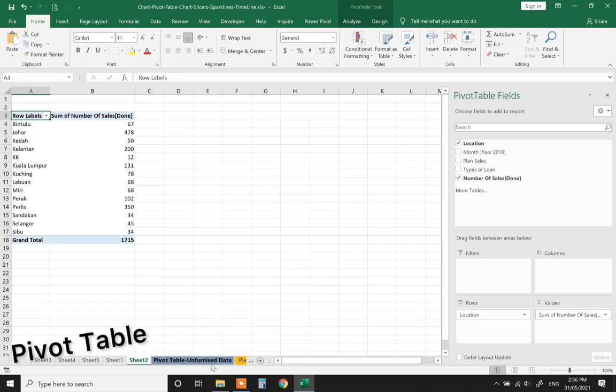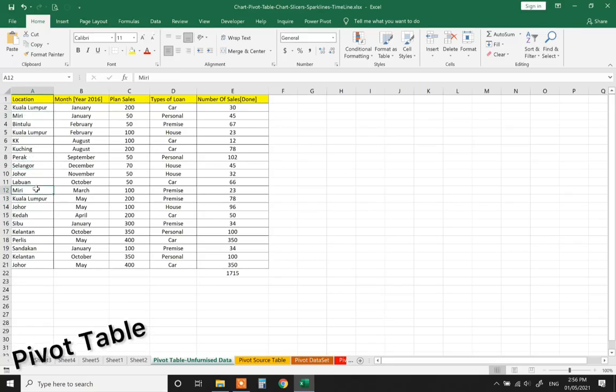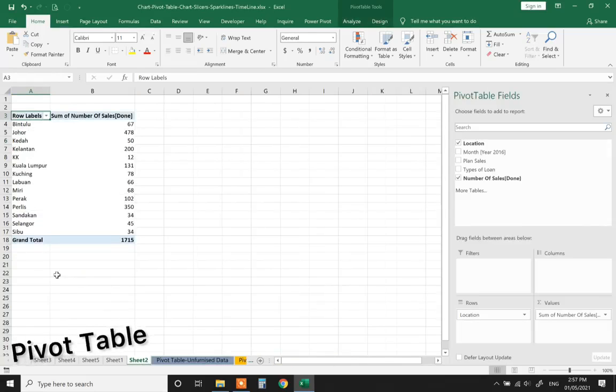But if you go back to the data, we have the entire data. We have Kuala Lumpur repeated twice or 3 times. We have Miri repeated twice, Bintulu 1, KK 1, and so on and so forth. So pivot is able to synchronize all your locations and total up the sum.